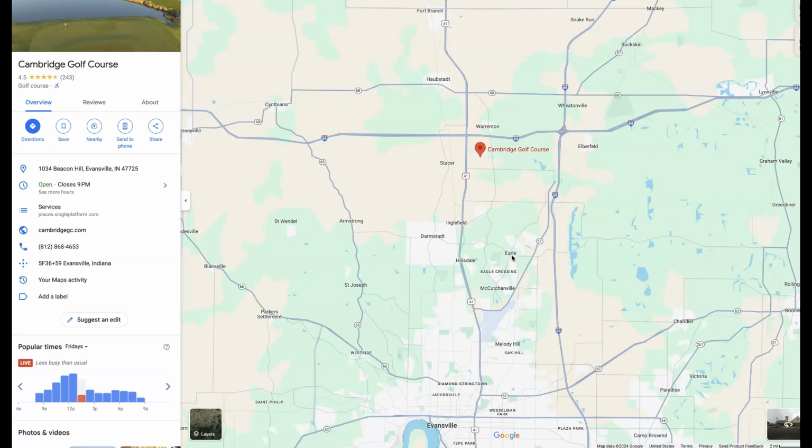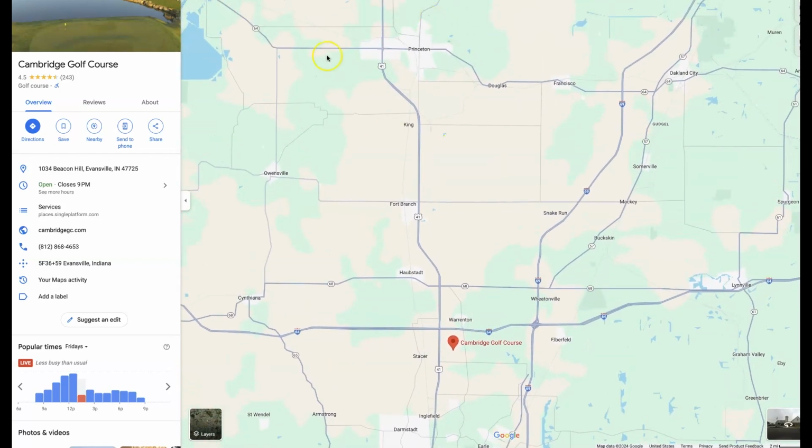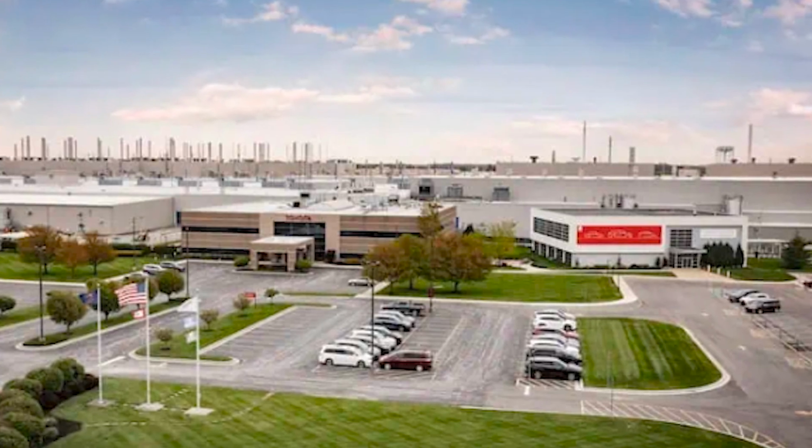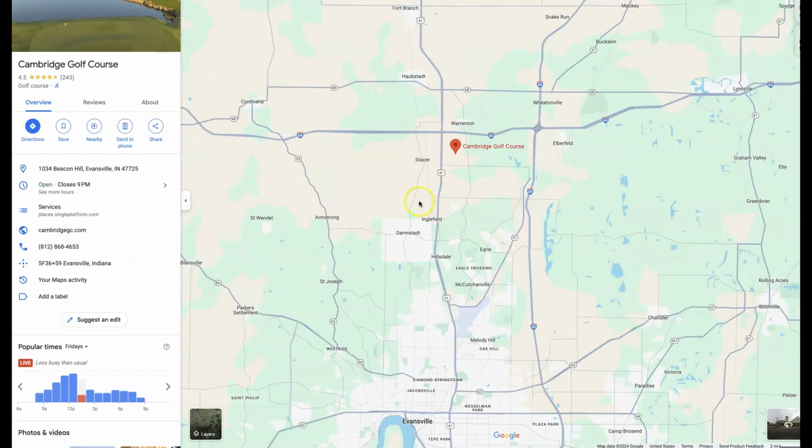There is a lot of homes, newer, older, bigger, littler, anything that you're looking for, very family friendly. It's very quiet there, has more of a scenic setting. Another thing is if you are working at, for example, the airport, this is close. Up here is where you're going to find Toyota in the Gibson area, so this is very convenient too if you want to live in Evansville and commute to the Toyota